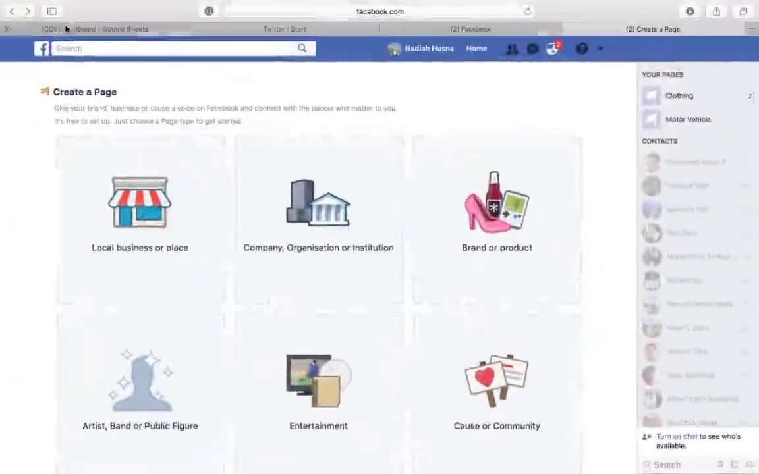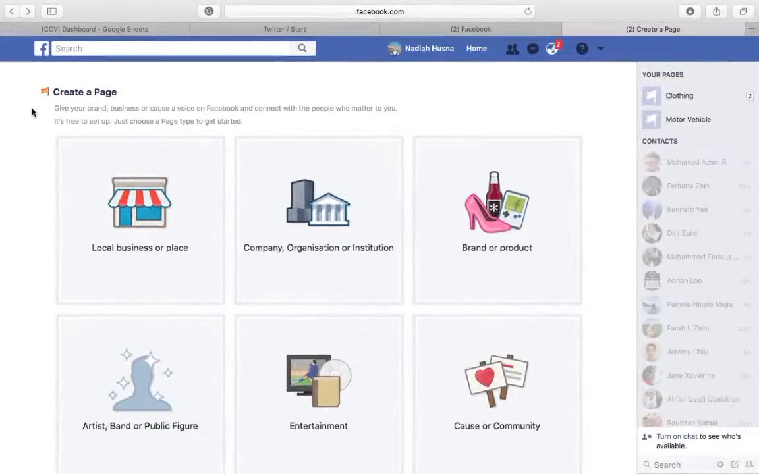Creating a Facebook page is very easy and takes less than minutes to set it up. You must have an existing Facebook account before you proceed. The first step is to go to